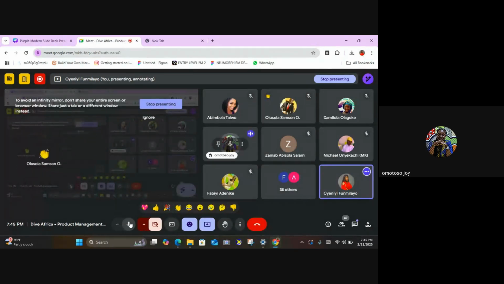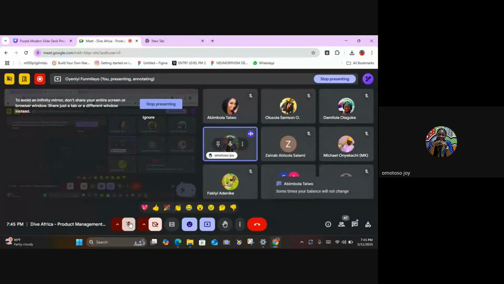Okay, so mine was okay. I was coming from the traditional banks. You just come, input how much you want to send to people, and I just came and I saw a lot of icons. So that took a lot of getting used to. But I could say that I'm used to it now. But on first glance, I just closed the app, and someone had to teach me how to make transfers and all of that.